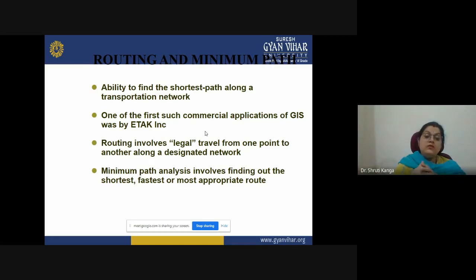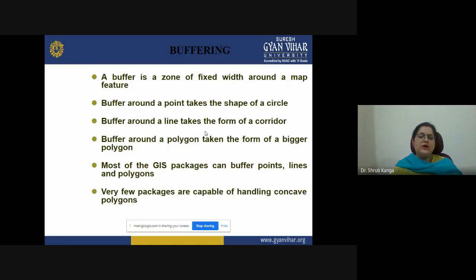Then we have minimum path analysis, which involves finding the shortest, the fastest, or the most appropriate route from one point to another. These kinds of route analysis can be performed with the help of these spatial tools.